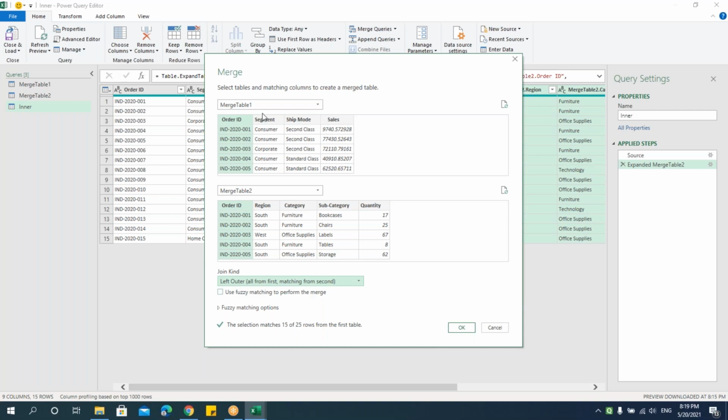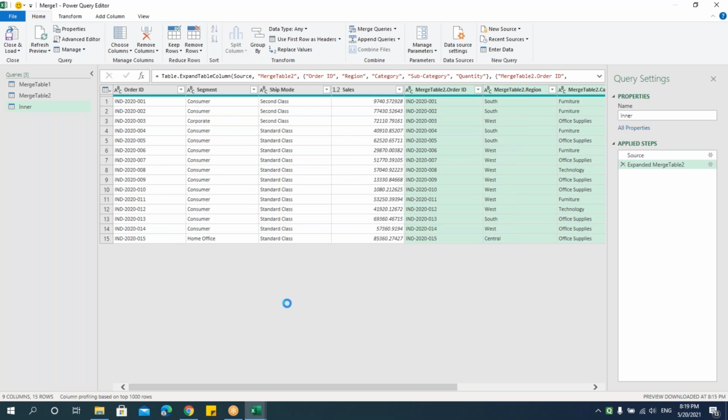That means this is the left table. When I'm using this left outer, all the records from this first table, that is, all the 25 records, will be taken from the first table and only matching records from the second table. The number of matching records is 15 from the second table, that is the right table. So the rest of the data from the second table will be null values, that is blank.